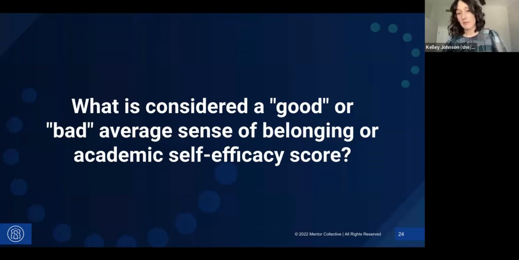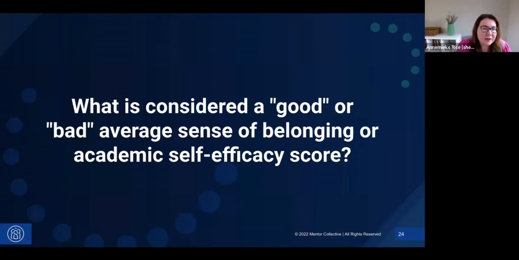we heard from many of them that if a mentee has an average sense of belonging or academic self-efficacy score of under 3, out of, remember, the scale is a possible 5, they would like to be notified so they can review the participants' details, potentially put a plan together, offer the participants some extra supports. Again, like we talked about, that might look like reaching out to their mentor, reaching out to somebody at the school, just generally putting together some next steps for how to support the students. So we tried to make that possible for you so you can quickly identify all the students who have an academic self-efficacy or sense of belonging score of under 3, just like we showed in the demo earlier.